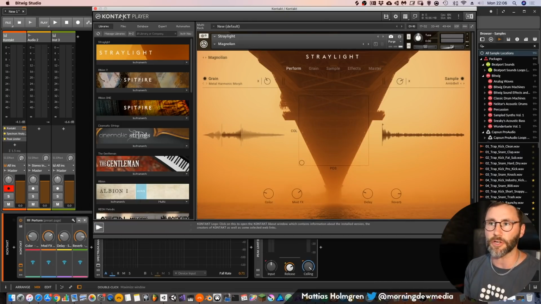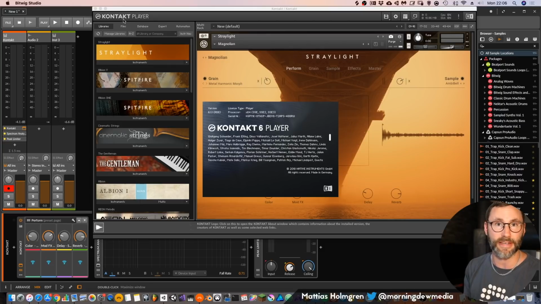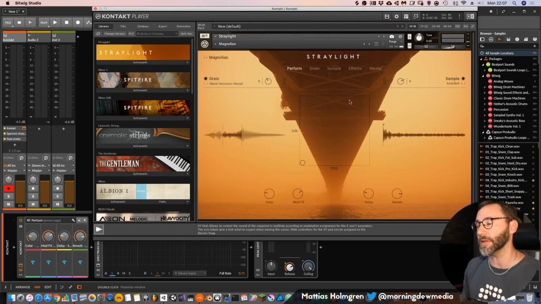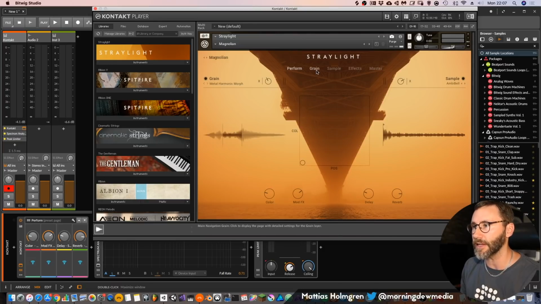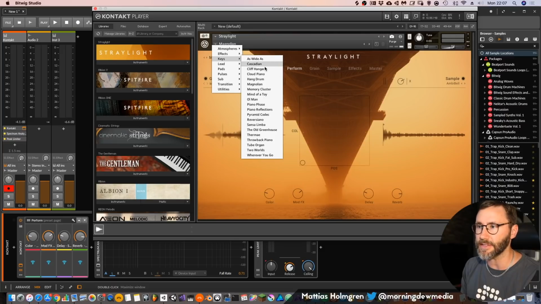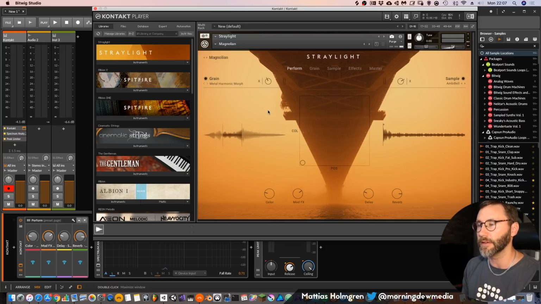In this case I'm using the Kontakt Player 6 because I'm still at Kontakt 5. The Straylight plugin is developed by Frank Elting, a former Native Instruments employee. So he's been working on Massive, Machine and apparently the Kontakt sampler. So as we can see here we have a very nice smooth interface. And yeah, let's first play this first patch which I loaded up from the Keys and the Magnolian. So it's a kind of keyboard sound.